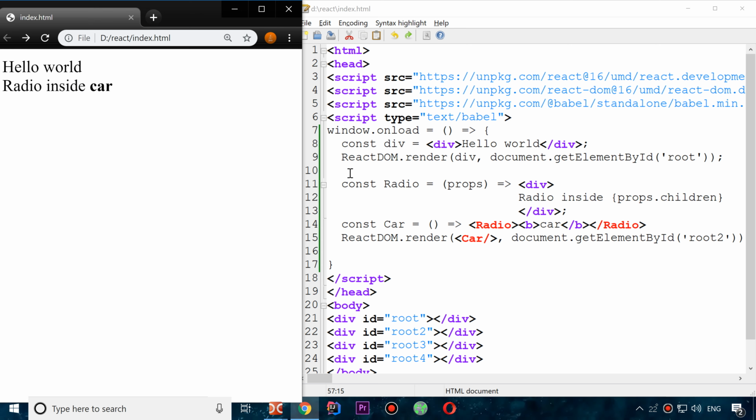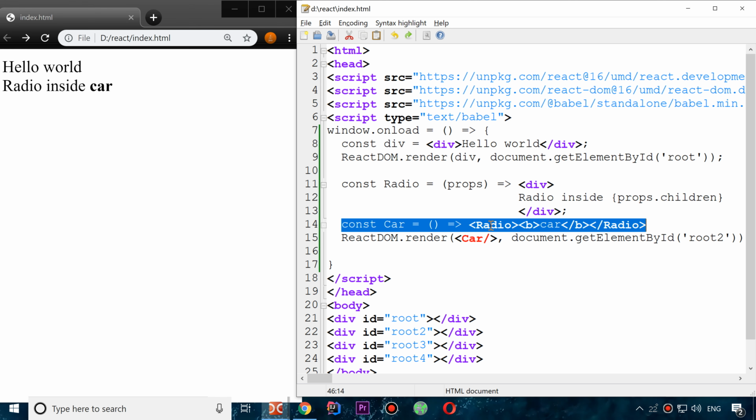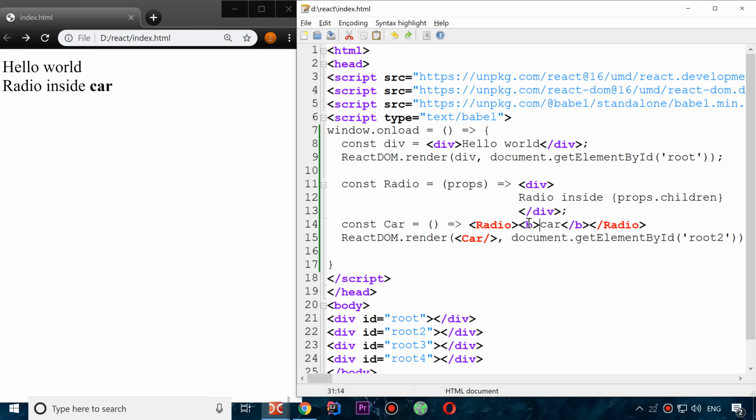So the basic idea here is that I have object radio and I put this object inside my car, so my car can contain some radio or some other object inside it, and it will be built on some other object. I can put here some, I don't know, wheel or anything else, any other objects that can be inside my car. So here I just have radio, but there could be some other objects inside my car. And of course